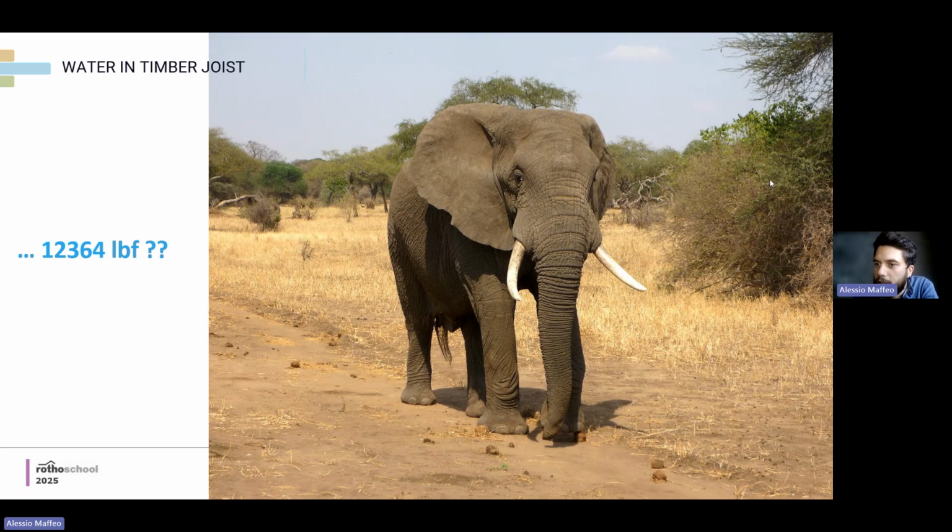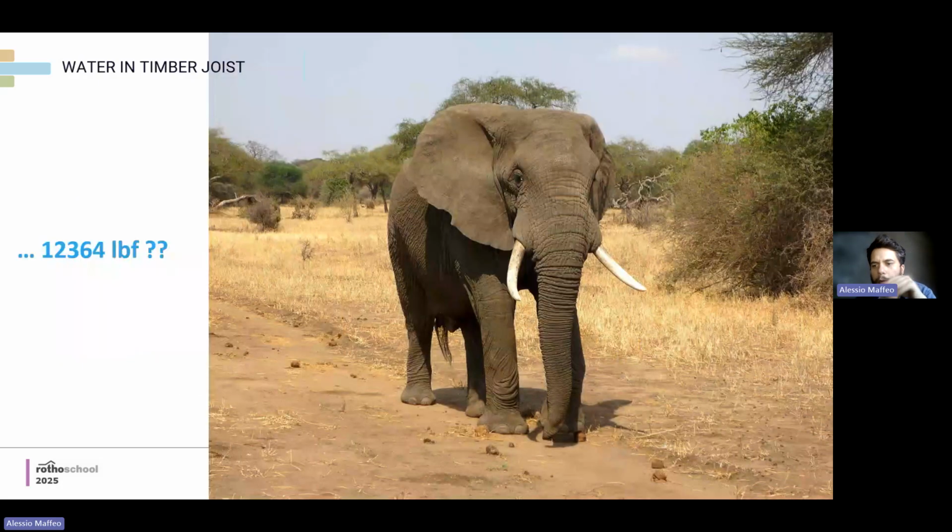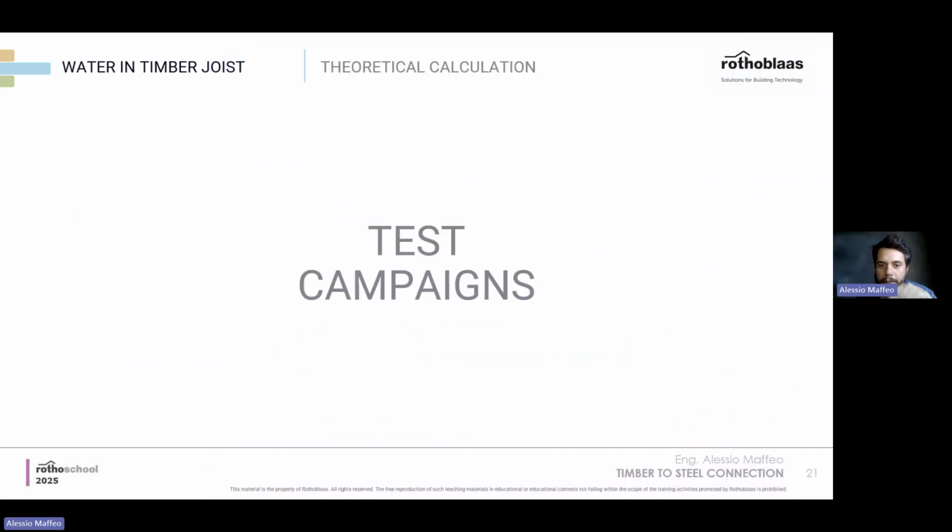Does it make sense that just a small plate of steel can push this much? It means that on our construction site, that we saw at the beginning, we have our timber element, the water is pushing, and we should have in theory this load. Of course, this is just a theoretical calculation. We cannot say that this is exactly the load that we're going to have, but it's a good estimation.